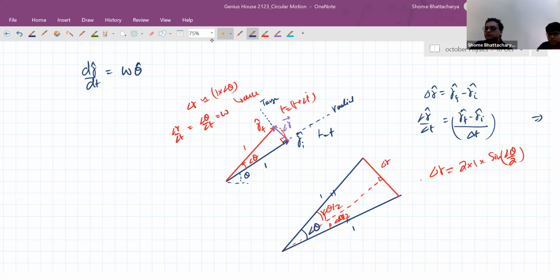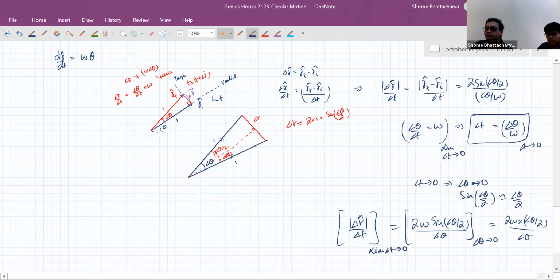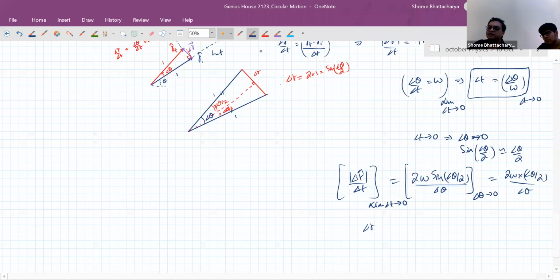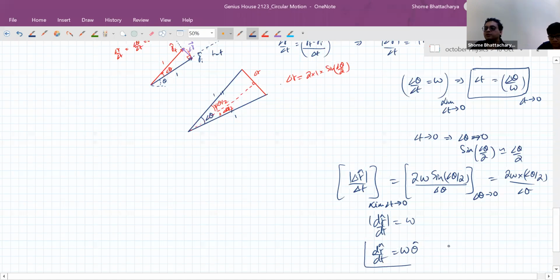So now you can see that in this calculation, coming back to this. Of course, all this at this stage is unnecessary for us, because we've done the proof of this. When I used the limit delta t tending to 0, this I can write as dr by dt or mod of dr cap by dt. So that is becoming on the other side omega. Okay, so now when I write it as a vector, this will become omega into theta cap, because it is along the direction which is perpendicular. Direction of dr was theta cap, so it becomes like this. So this is the geometrical proof.